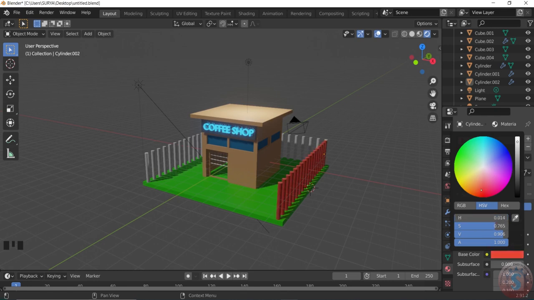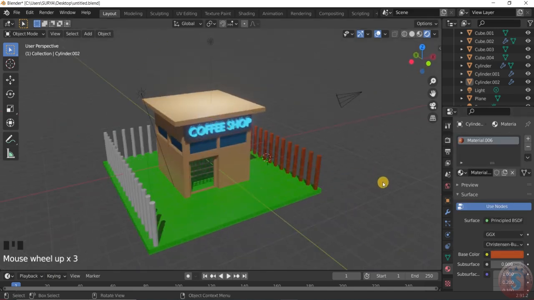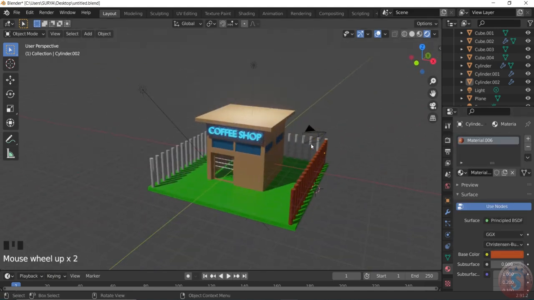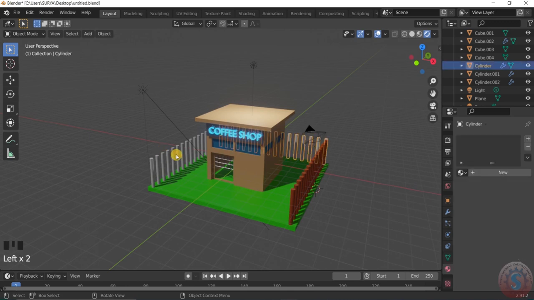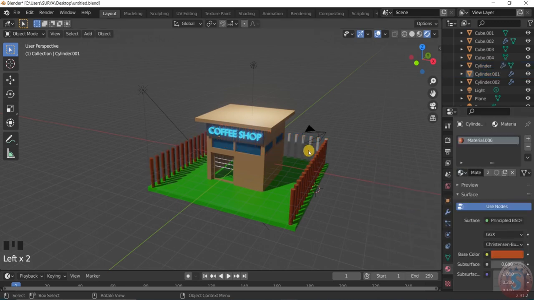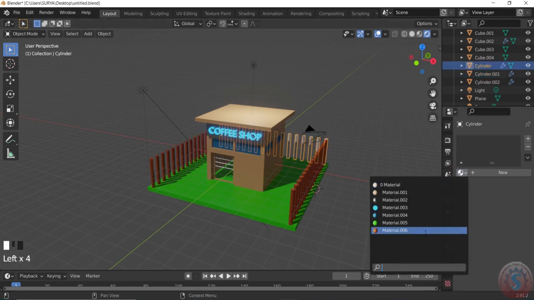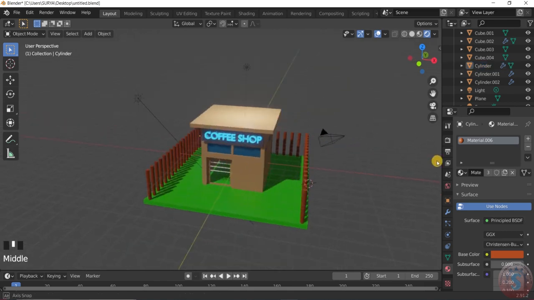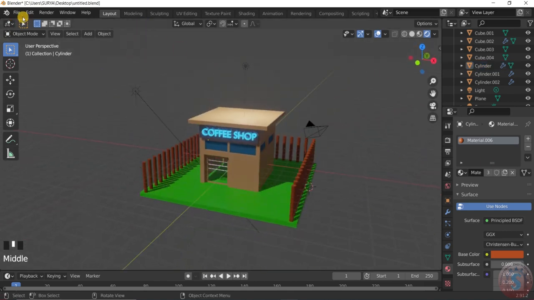You can also increase the brown color here. After that, again select this by using the shift key. Give the same material to this by selecting the material 06, and give the material 06 on the other side also. See the exact coffee shop